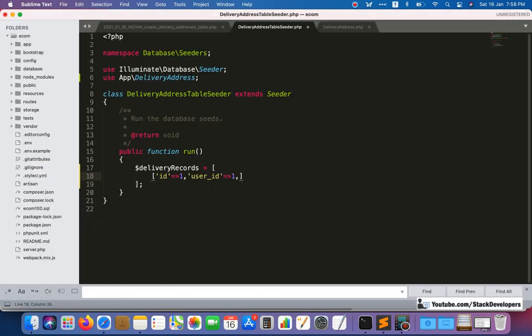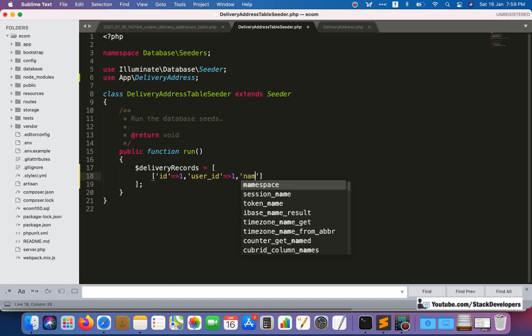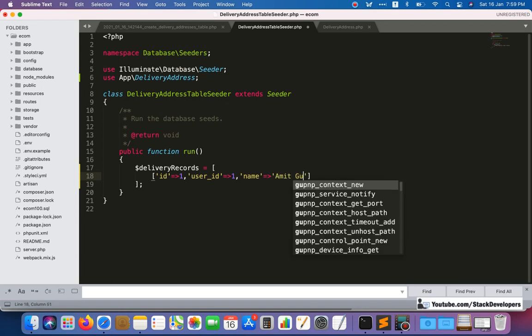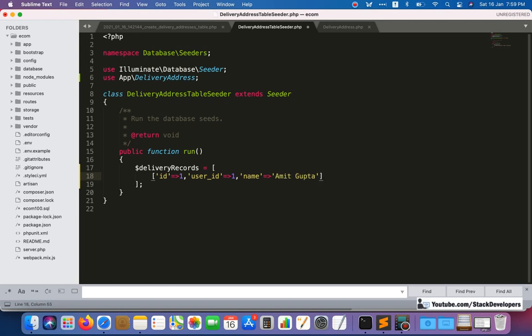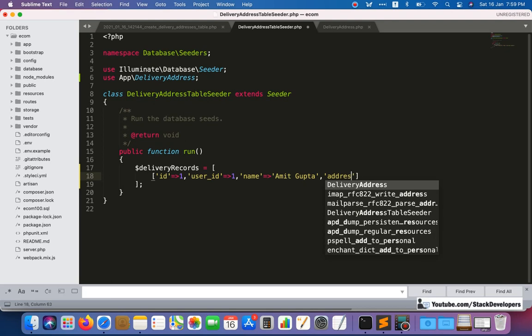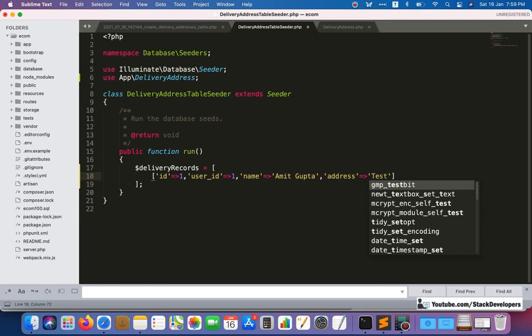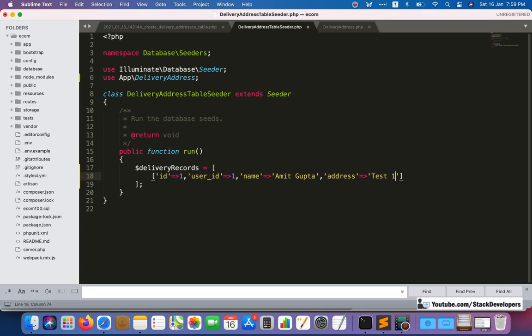After that we will do name. I can add my name, Amit Gupta, and address we will add like test 123.